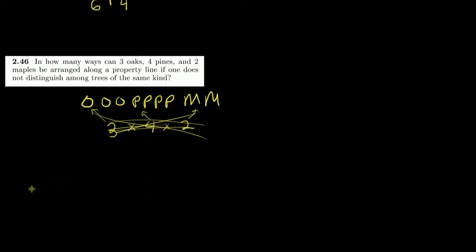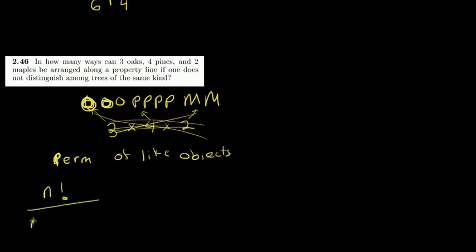So this is going to be a permutation. Now, it's not just a regular permutation though, because if I permute this oak with that oak, I don't want it to count more than once, right? So this is going to be a permutation of like objects. All right. So if you remember the formula for this, that'd be n factorial over the factorial of the number of the first type,